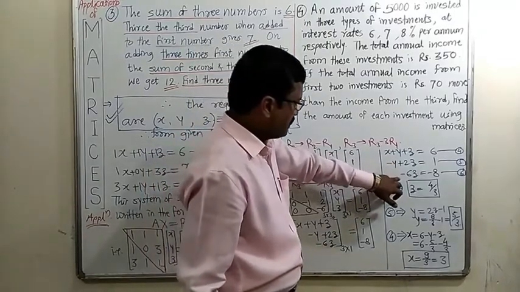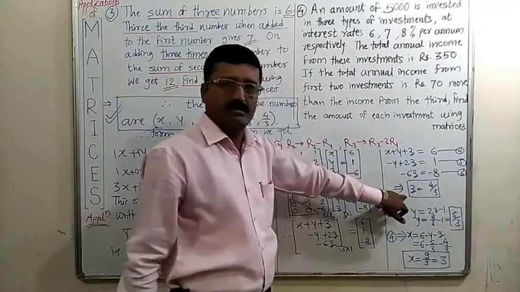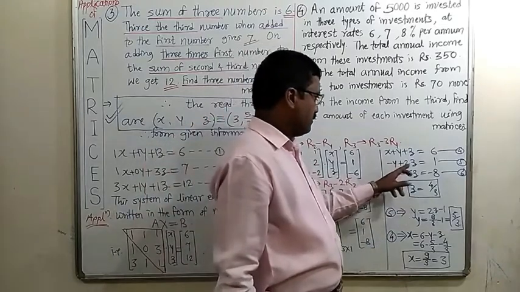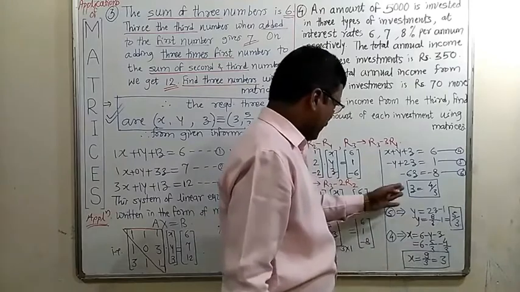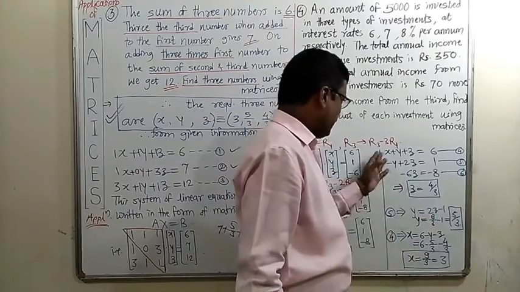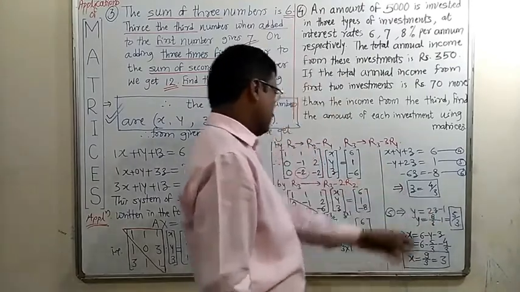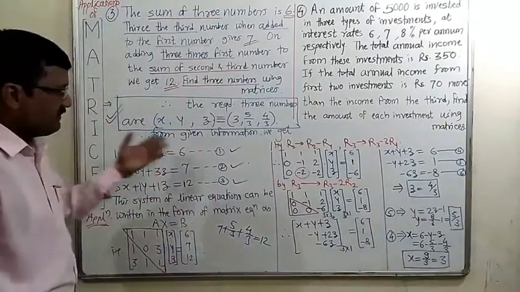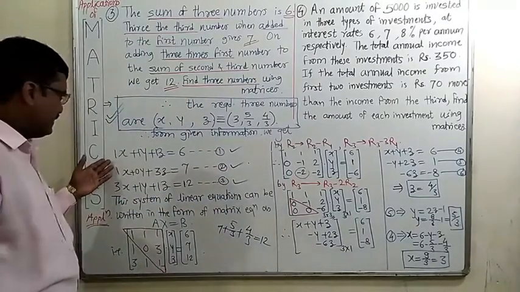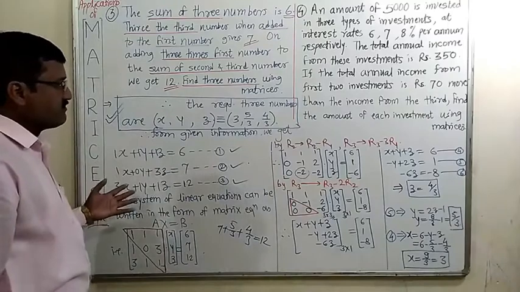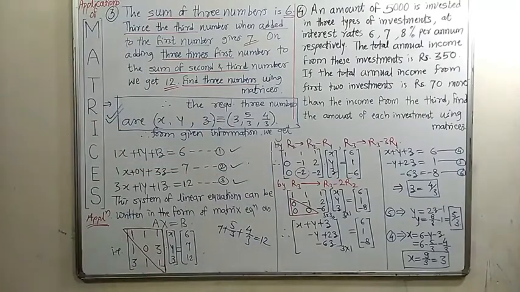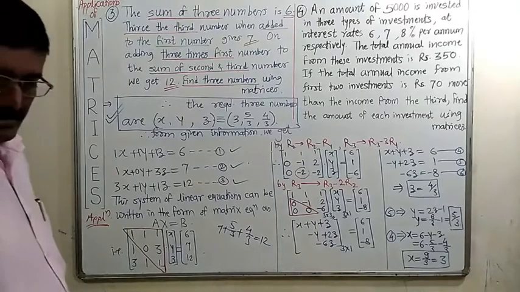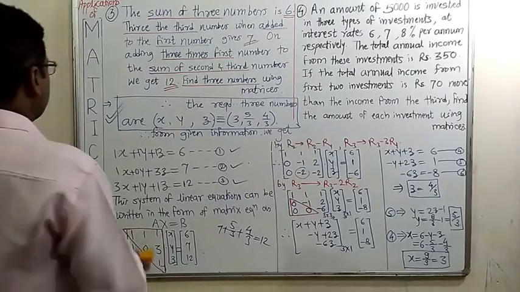And now from equation number 6 we can easily get the value of z. Use this value of z to obtain the value of y from equation 5. So y is equal to 5 by 3. Now use values of y and z to obtain the remaining x, that is equal to 3. Lastly, verify those values by putting x, y, z in these three equations. You will get the answer x equal to 3, y as 5 by 3, and z as 4 by 3. Okay, let us move towards the next example, number 4.